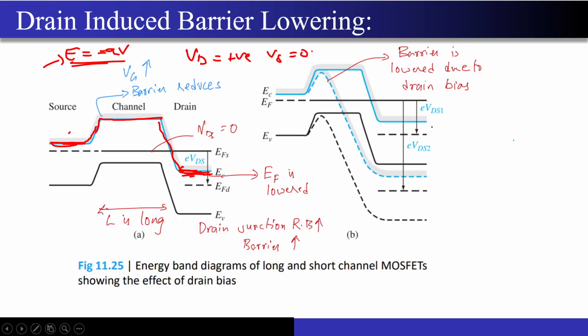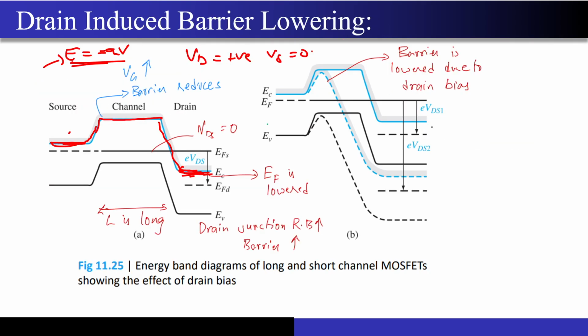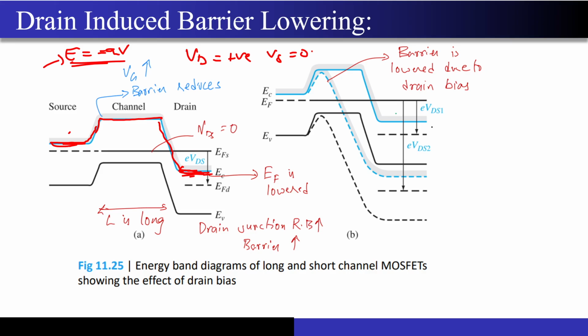So now, why is this happening? I mean, what are the consequences of this DIBL? If you increase the drain voltage over here, we will obviously get this value that you are seeing. The lowering over here will increase even further because I am applying an even higher positive voltage to this drain side, correct? So that is why you are seeing that this band bending has increased drastically, correct?